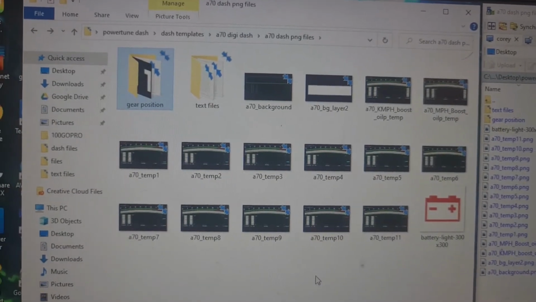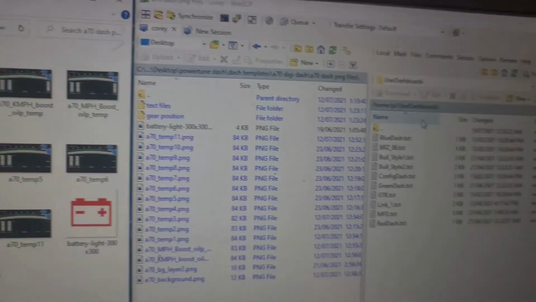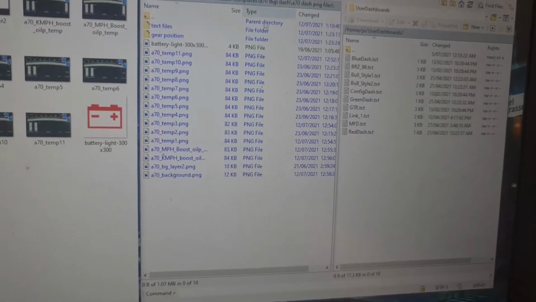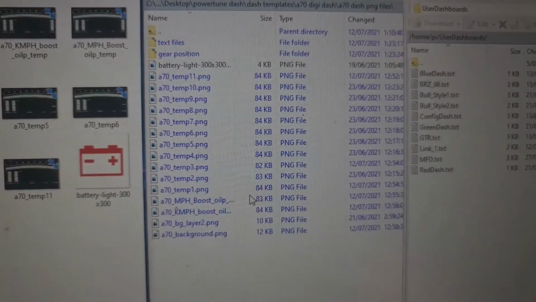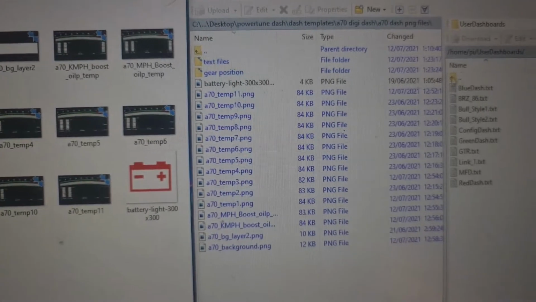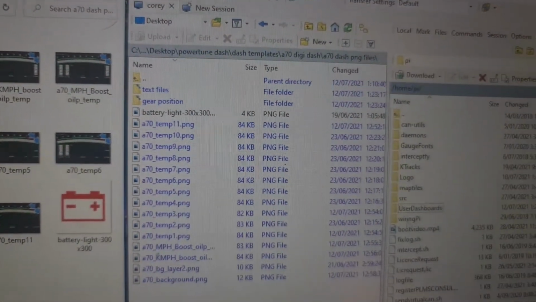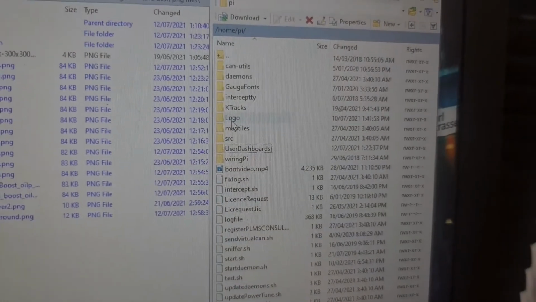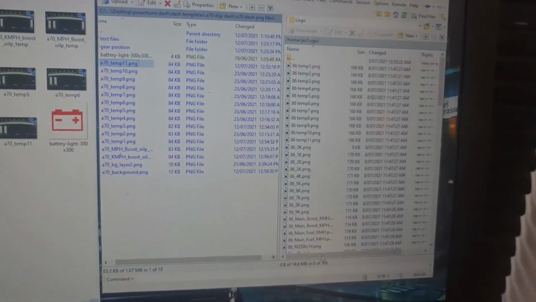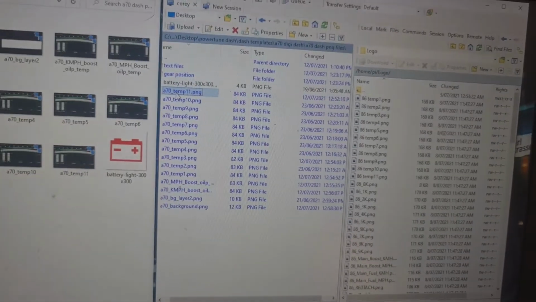But what you'll need to do is connect to your Dash through WinSCP, and you will need to locate your folder which you've downloaded from me. So these are all the PNG files which are here. You'll need to go to logo over here and copy and paste all these files and drag them over here. I've already done it on this computer, so there's no point doing it again, but I can show just a quick drag, drop,